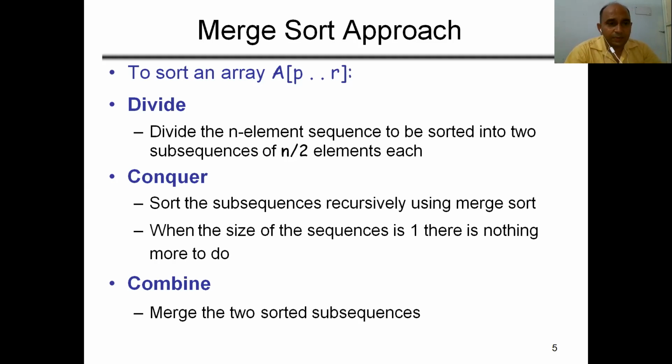Then comes the second step, called the conquer step. In this step, we apply the bottom up approach, in which we solve a sub array of size 1, and we merge the solutions of two such arrays to make the solution of the sub problem for an array of size 2. Then we merge the solutions of size 2 arrays into a single array of size 4. In a similar way, with the bottom up approach, we get the solution of all problems. In the last step, we merge two already sorted sub sequences. Let's take an example.